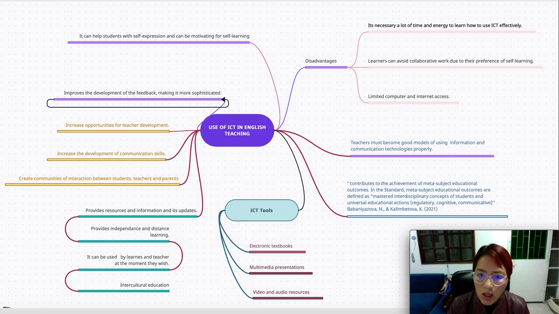And we have here some information and communication tools. There are electronic textbooks, multimedia presentations, and video and audio resources such as YouTube. So it's important for us as teachers to keep updating all the material to give a good class, to promote a good environment, and